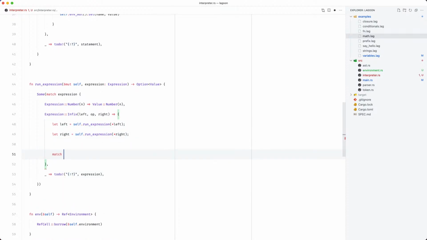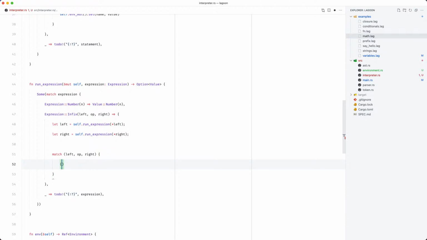And we can match against our operator. As a matter of fact, we probably don't want to do that. We probably want to match against a tuple of these like this, because then in here we can say, well, if it's some number and the op is add and the right hand side is some number, then we'll do, well, we can unwrap these here.